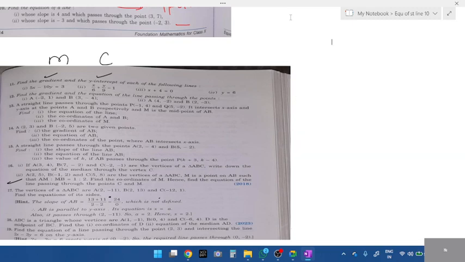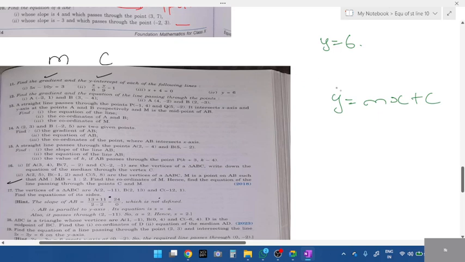Next question. Fourth one. Y is equals to 6. Y is given now. Y is equals to mx plus c. Now you can compare it. Whenever y is given, you can compare the equation. Y is given, the mx value is not given, but c is given. What is c? C is equals to